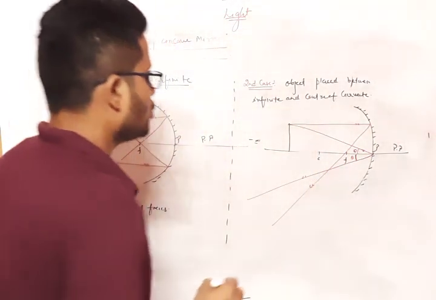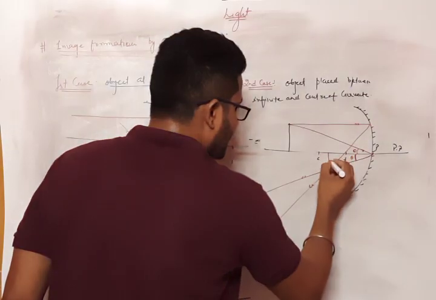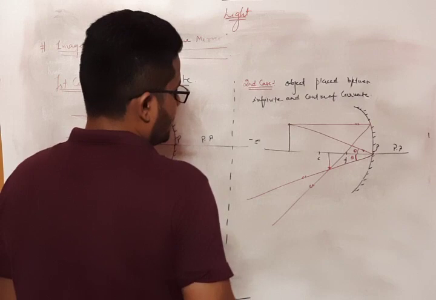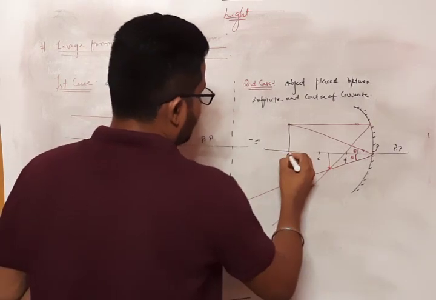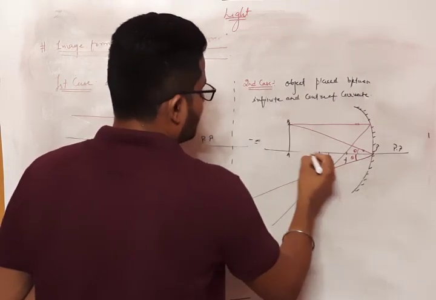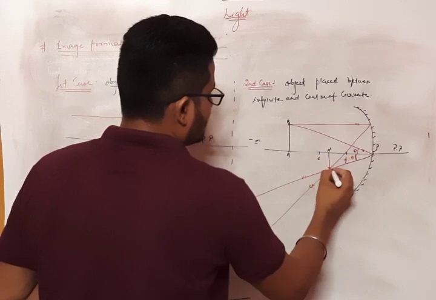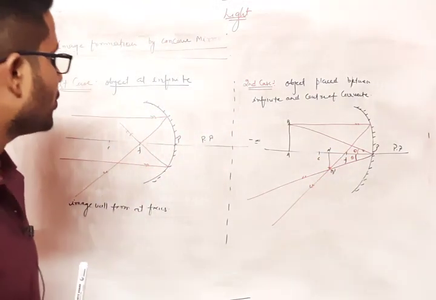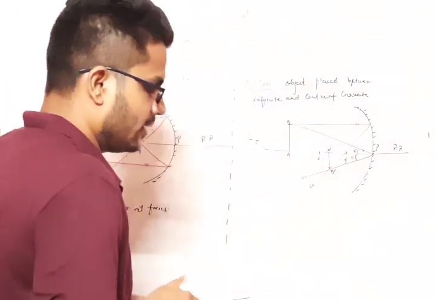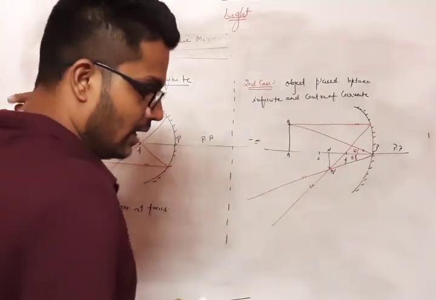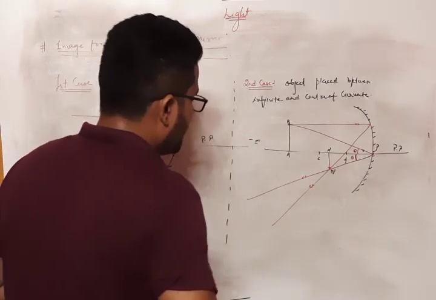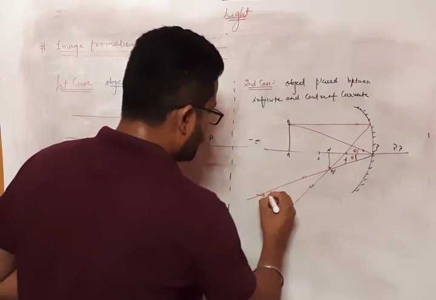Okay beta, so imagine the figure like that. This is A and this is B, so this is A dash, this is B dash. Okay beta, so here, what is the image information? Image will form